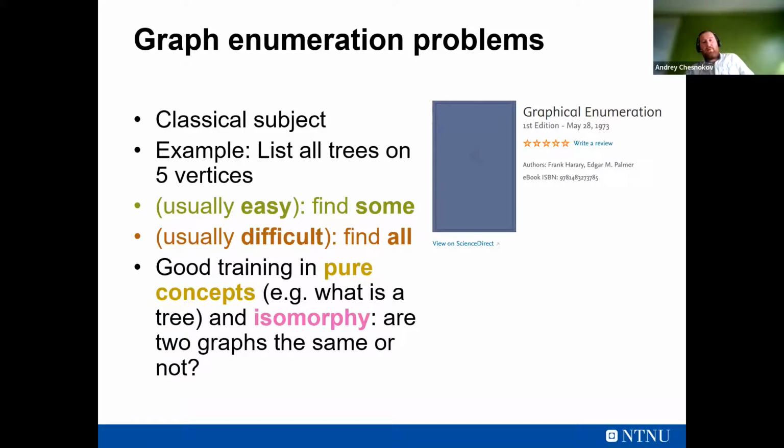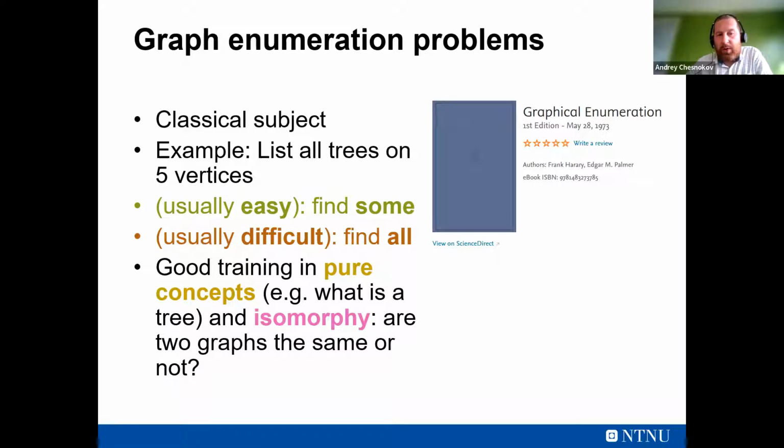So graph enumeration problems, this is a classical subject. There is a famous book of Harary and Palmer on graphical enumeration, which goes very deep in details and shows some ways further in the abstract algebra. But we take it on a lower level, and a typical example could be, could you please produce and show